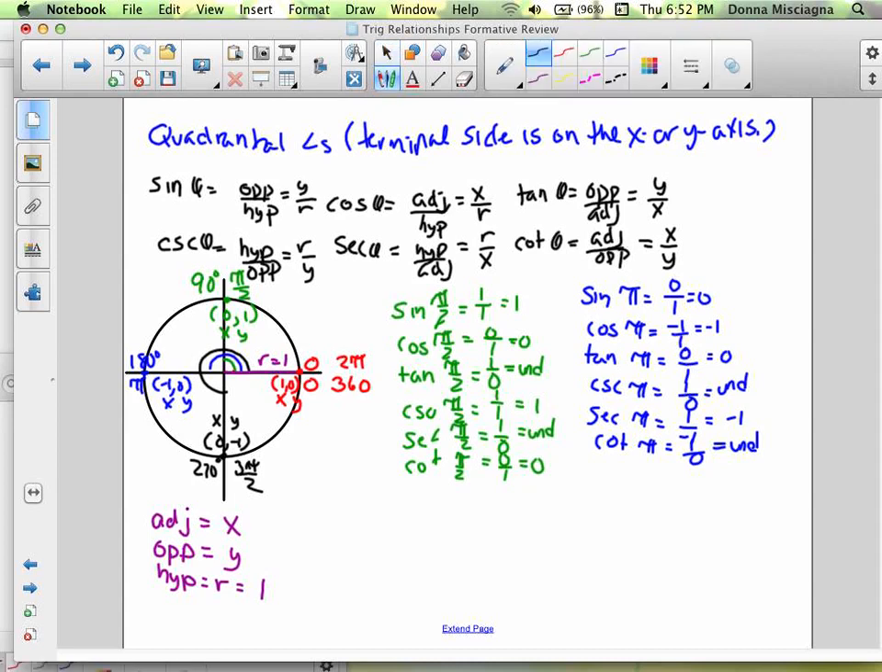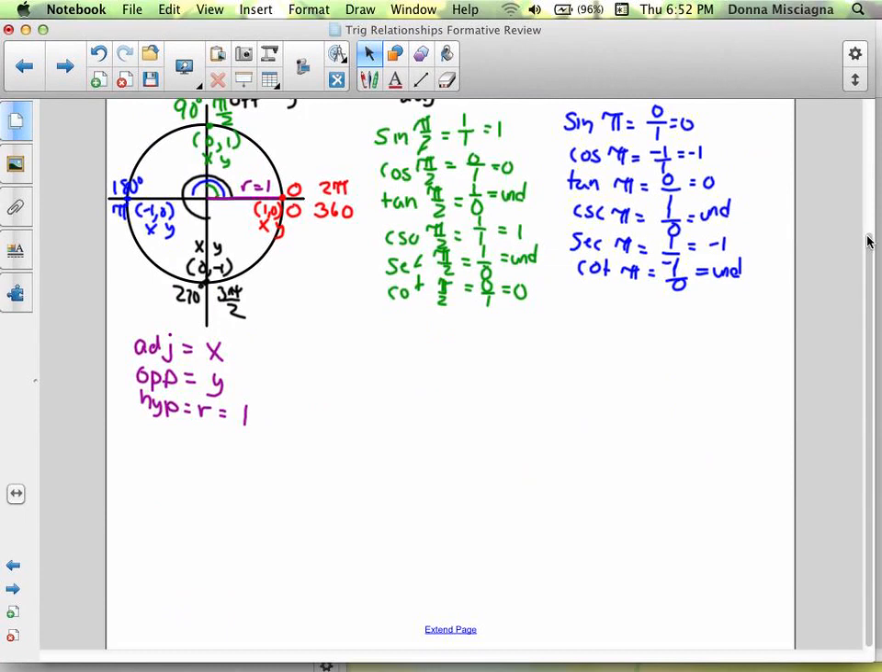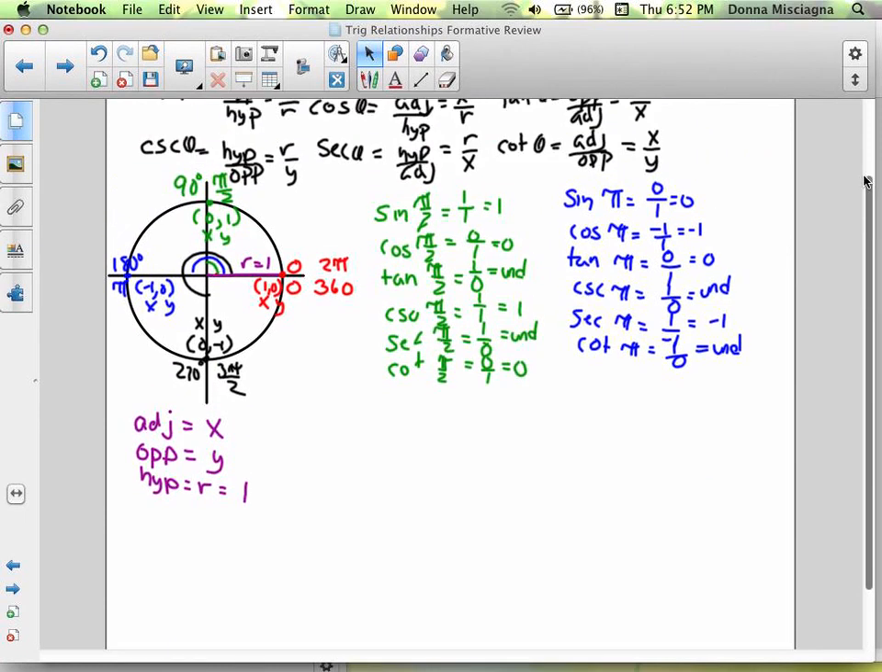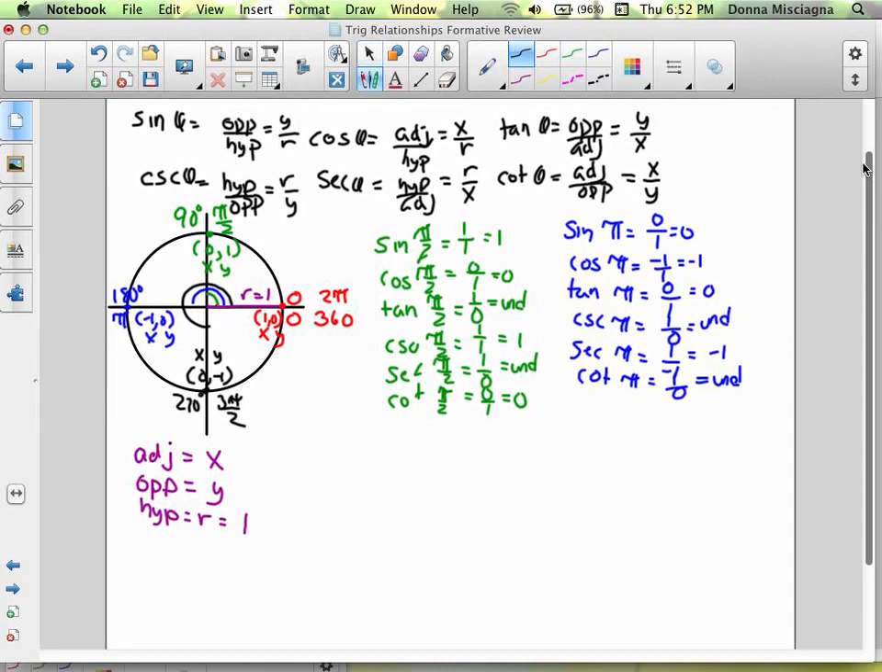Now we're at 3 pi halves. I may have to extend my page just a little bit. Oops, that's more than I wanted. We almost lost the unit circle. Yeah, I think that'll be fine. All right, so we have